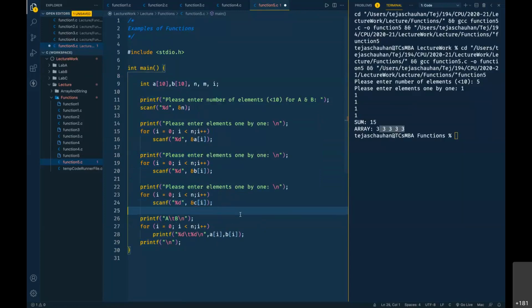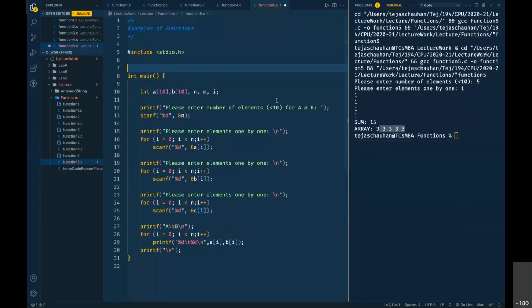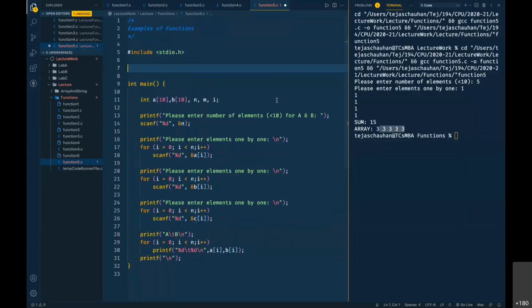Right? Ampersand C of I and so on. So it is going to make your code lengthier, and it is something where you are repeatedly doing the same task. जो थिंग आपने ए के लिए किया, बी के लिए किया, सी के लिए किया, you are repeating your process. Now instead of this, what we can do is we can create a function.